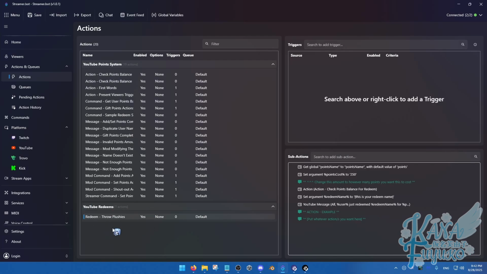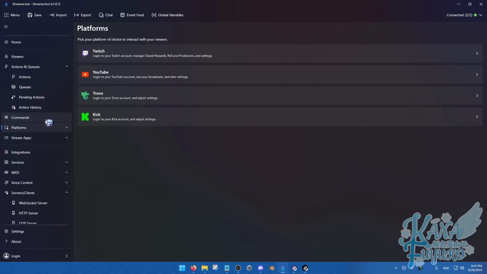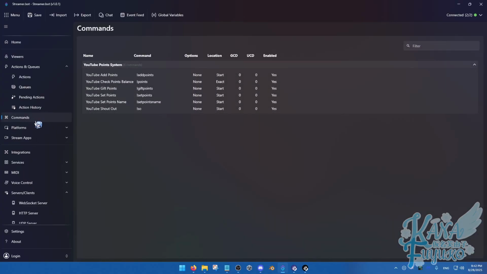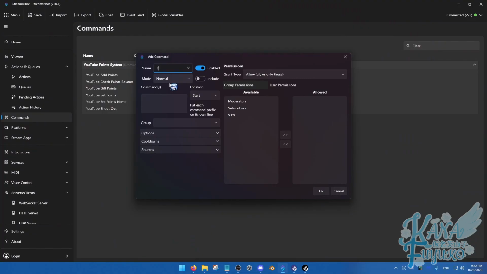But right here, this is where we can set up our redeem. Now we do need to make a command for it because that's how YouTube works as the redemption. It's a command, not like Twitch redeems, unfortunately. So over here in commands, we're gonna right click on add, and we're gonna name this one throw plushies. And we're gonna name the command !plushies. So over here, we'll name the group to YouTube